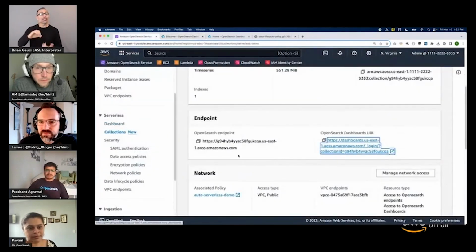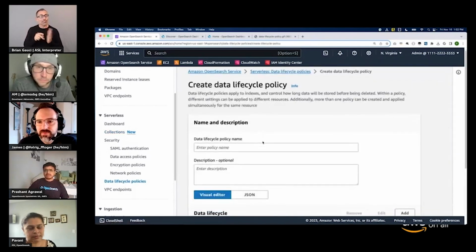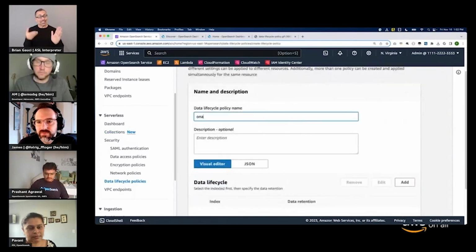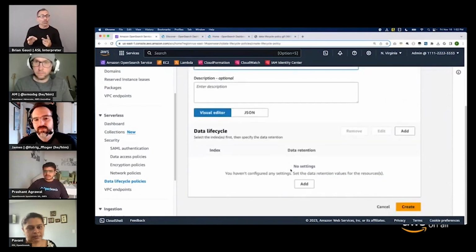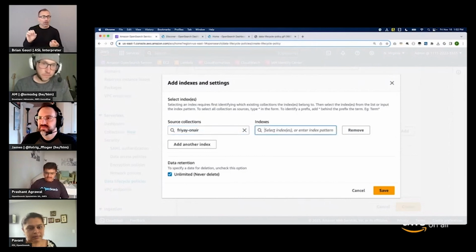One more thing I want to highlight is that whatever policy I have set up as of now was for this particular collection. If you go to the data lifecycle policy over here and create the policy from here, you will also have an option to define what particular collection you want to add. So if you have multiple collections, first you can select the collections, like say, I have Friday on air, then you can specify the index. It could be, let's say, you have